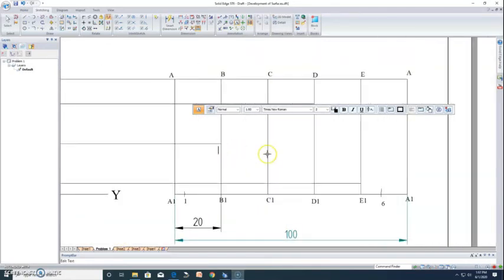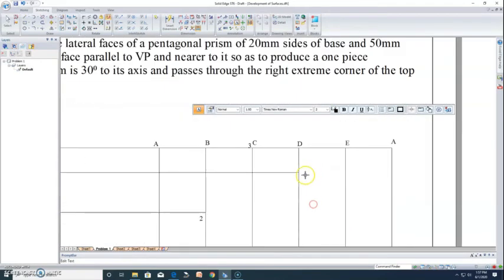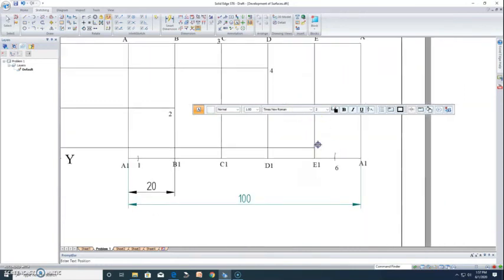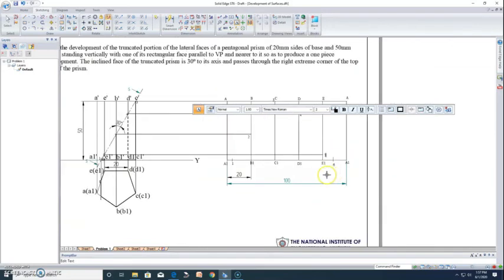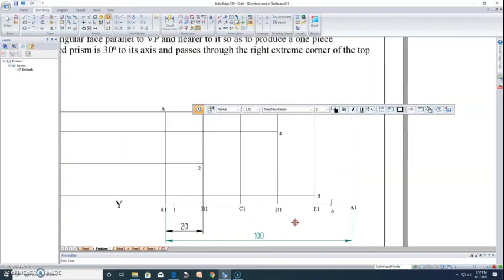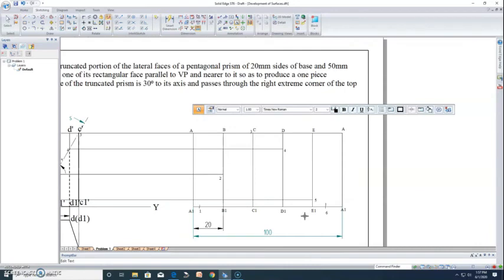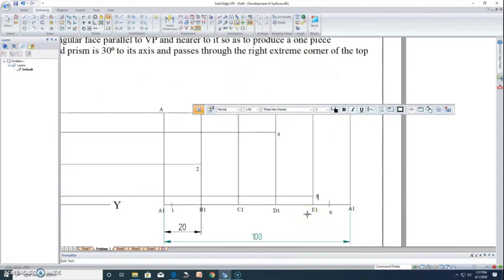The other points: on B1 it is 2, and on C1 it's on the top itself, it's 3, on D1 it is 4, on E1 it is 5. And you can see here that 2, 3, 4 and 5 are the points on the vertical edges, whereas 1 and 6 are on the bottom base edges, right?